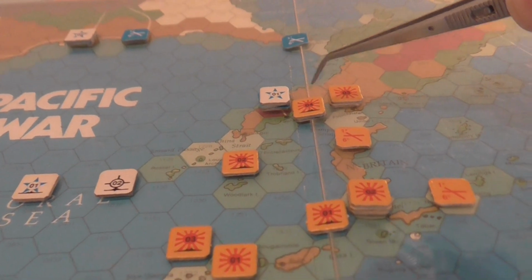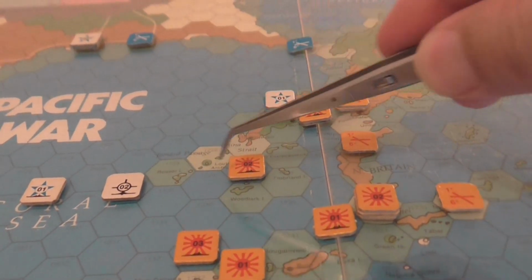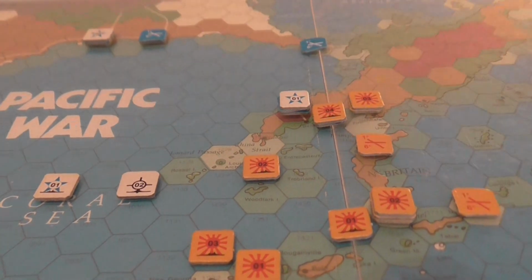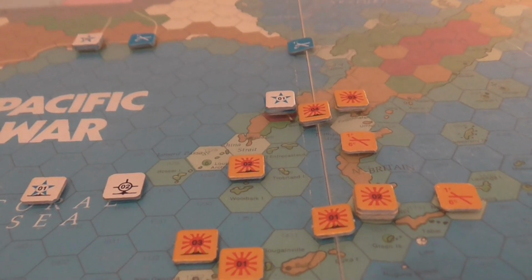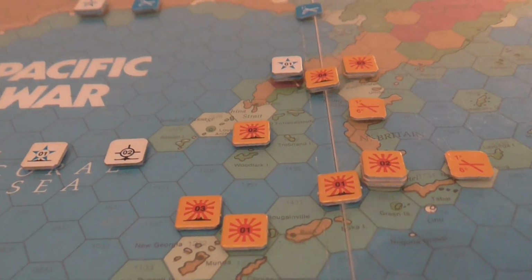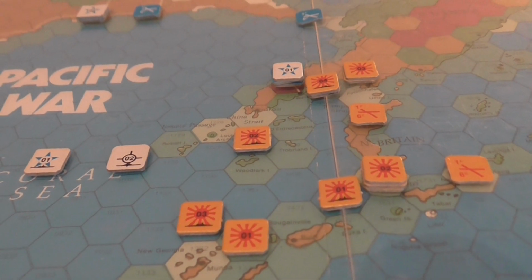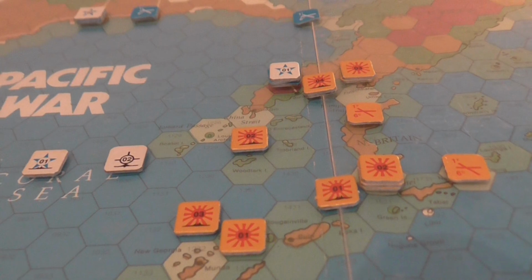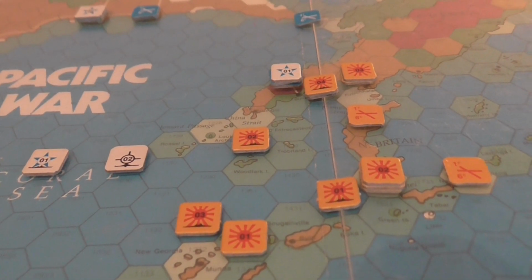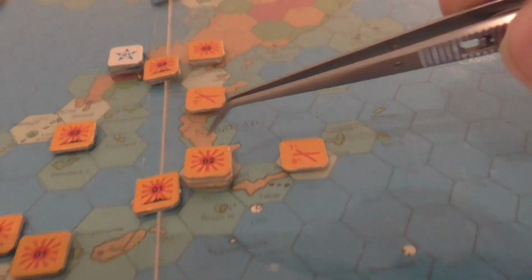Rolled a 9, terrible, couldn't locate anything. So we've got this situation where this force is located, and you think, well, big deal, it's night time. Well, there's that one exception to the night air rules that I mentioned, which is that twin-engined Japanese aircraft can make attack runs against task forces. This is a task force, and in here,